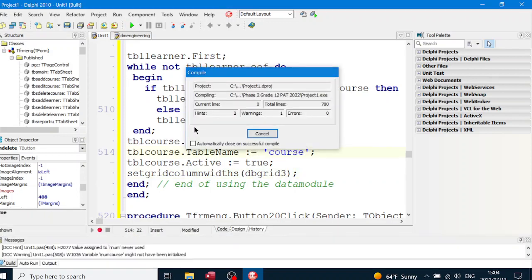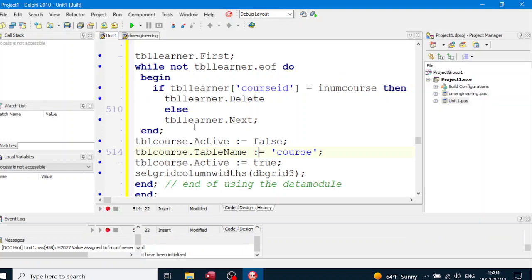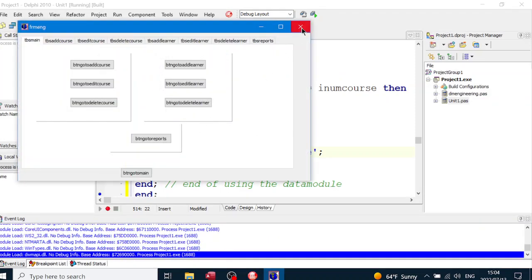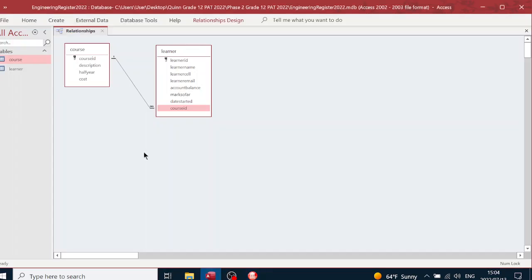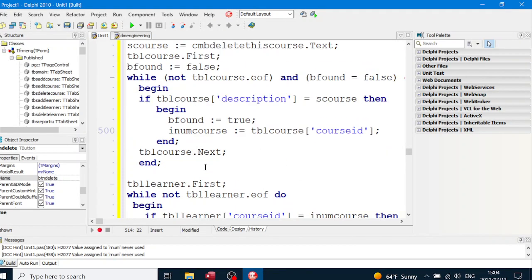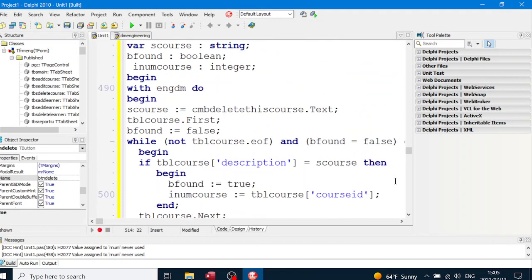Let's go and delete some things. Oh, I haven't deleted the course yet. Hey, all we did was, remember I said that if you're going to delete a course, you have to delete all the learners that are in that course first, then you can go and delete the course. So I haven't deleted the course yet. Okay, that's easy peasy. Guess what I'm going to do? Copy and paste